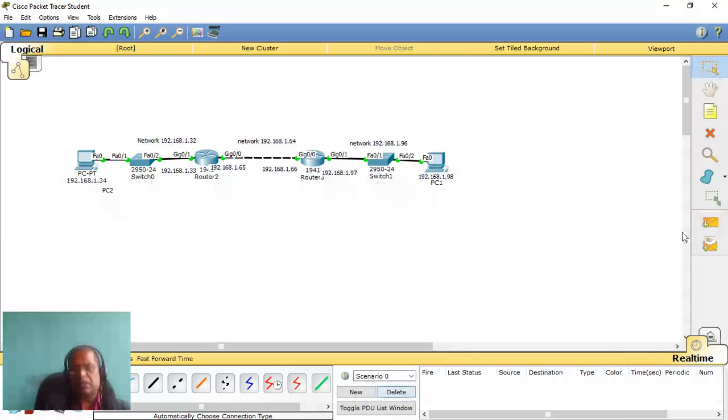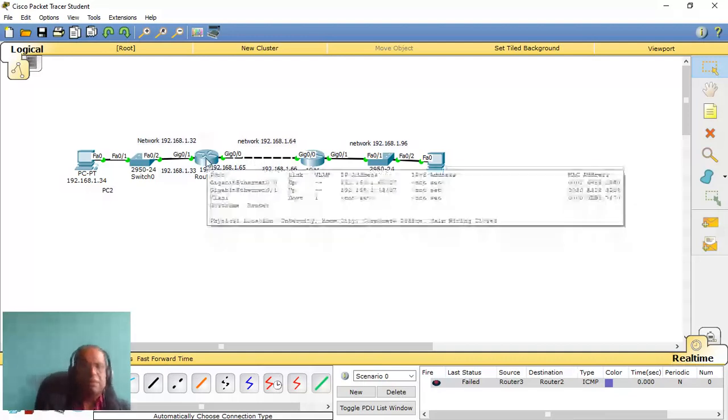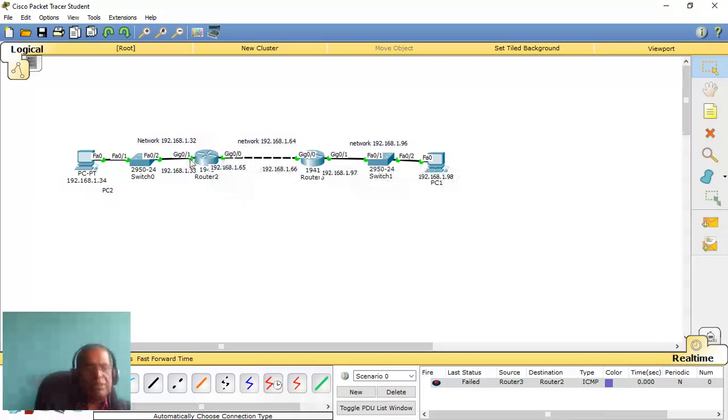Now let us see whether we are able to communicate from here up to here. So the communication between the routers is not taking place. Why? Because this router knows this interface and all these interfaces it knows, isn't it?